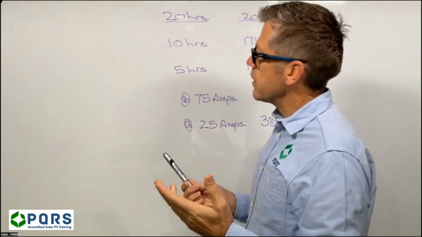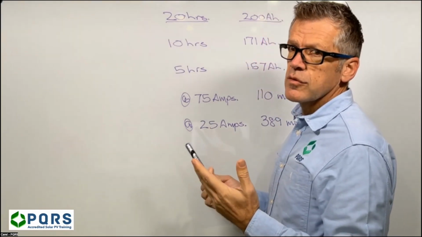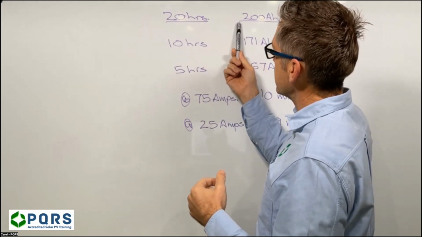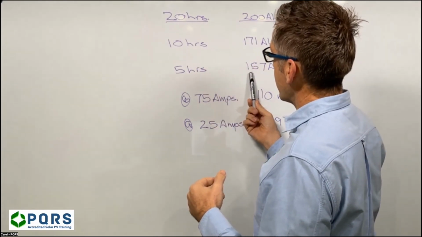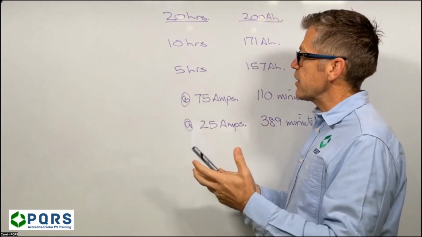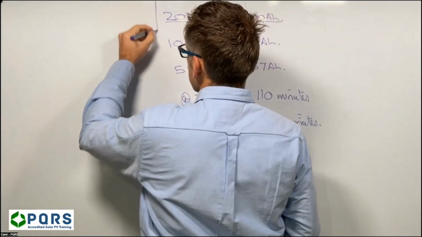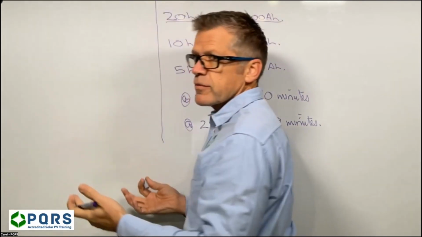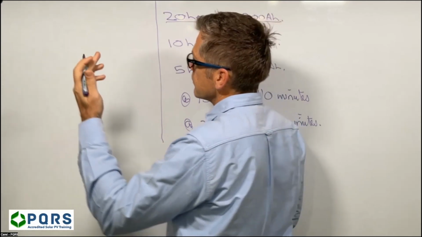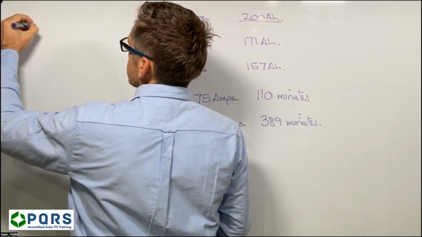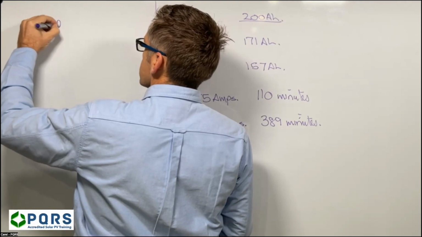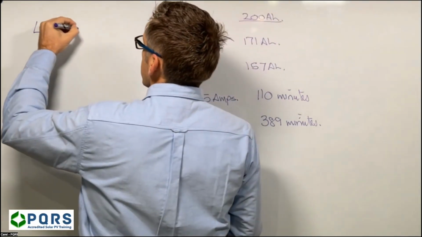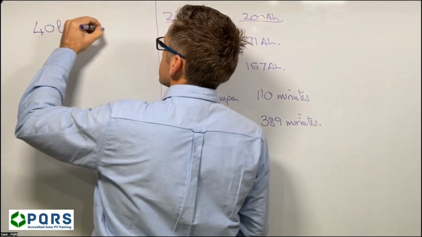What we can do over here is we can compare this to cars, for example. The capacity of the battery is affected by how hard we are trying to make the battery work. If we compare that to cars, we stop at a fuel station, we ask the attendant to fill up the car. He fills up the car, the car has a 40-liter tank. If we drive carefully, we end up getting 600 kilometers